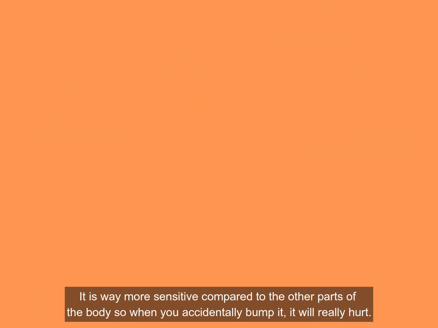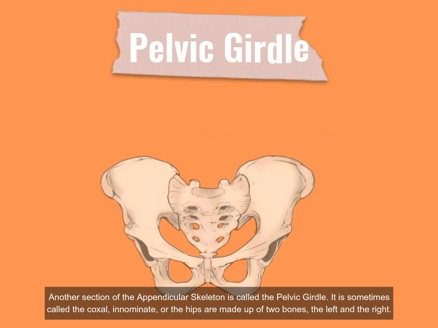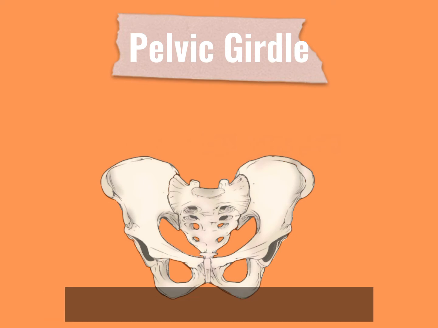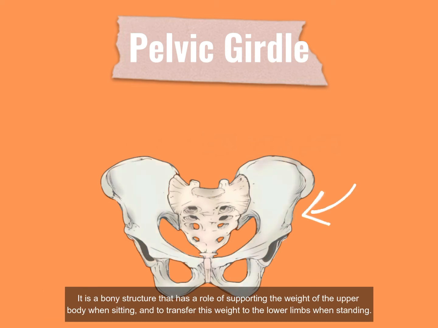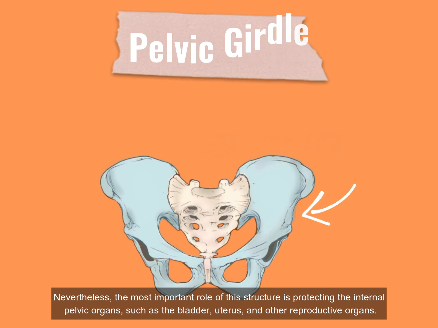Another section of the appendicular skeleton is called the pelvic girdle. It is sometimes called coxal, innominate, or the hips. It is made up of two bones, the left and the right. It is a bony structure that has a role of supporting the weight of the upper body, especially when sitting, and also to transfer this weight to the lower limbs when standing. Nevertheless, the most important role of this structure is protecting the internal pelvic organs such as the bladder, the uterus,